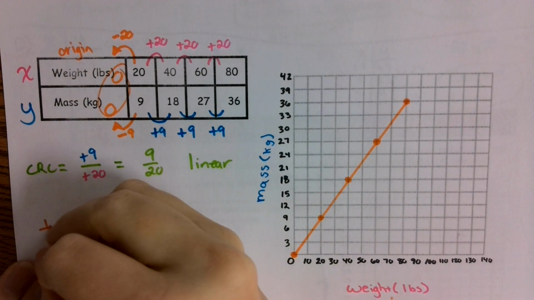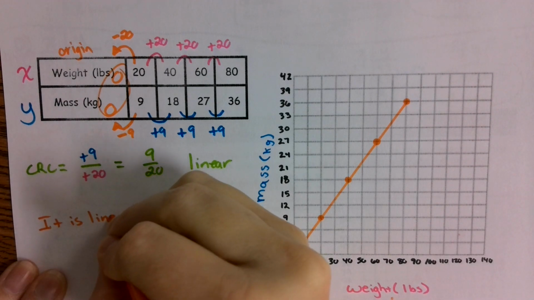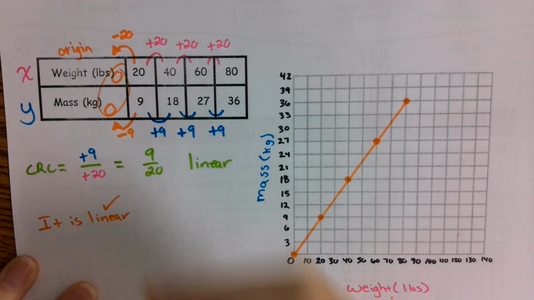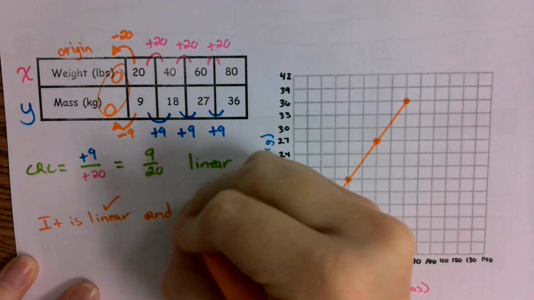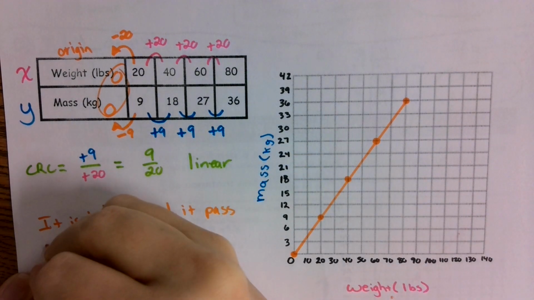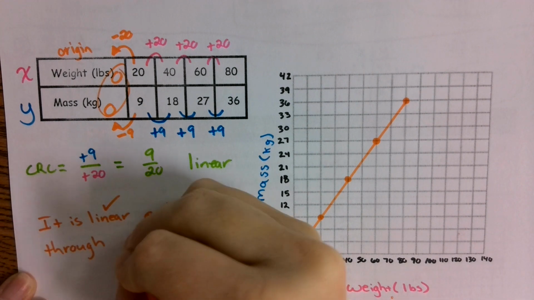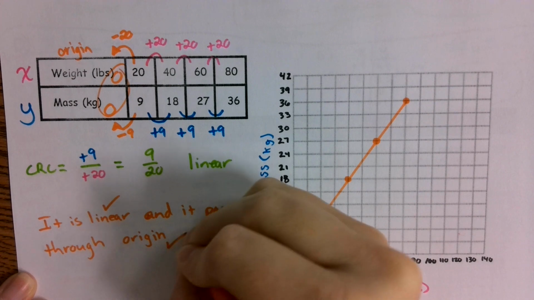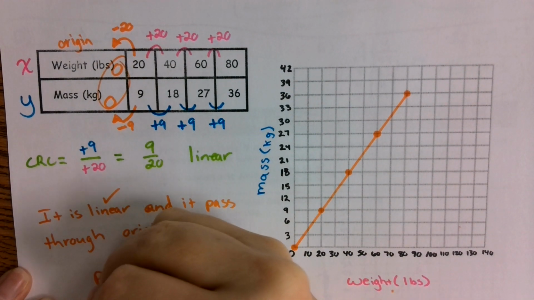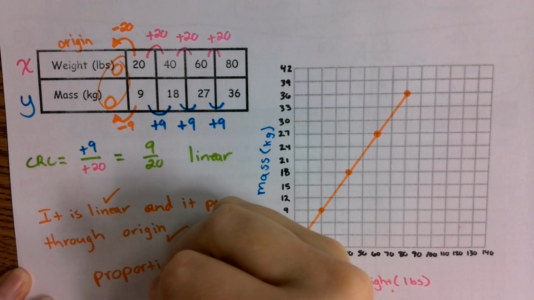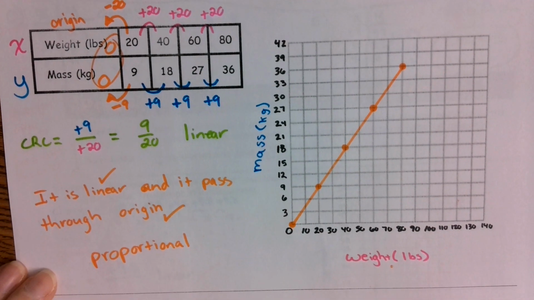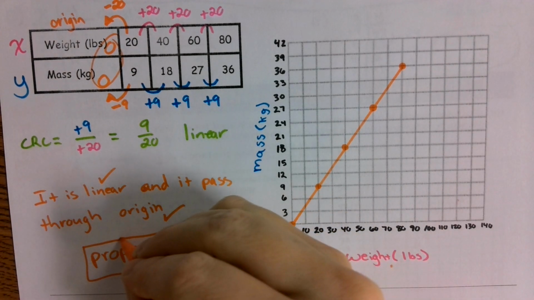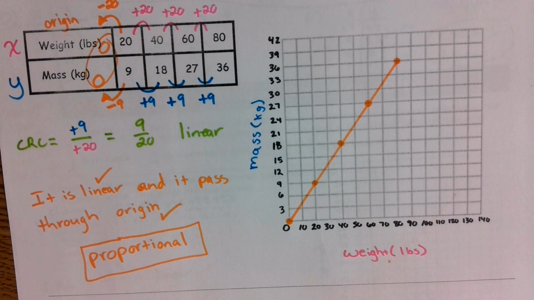Okay, so it is a linear relationship. Check. And it passes through the origin. So that's another check. We got 2 checks. That means it's a proportional relationship. Now, guys, there are times when you might have a graph that goes through the origin, but it's not linear. If it goes through the origin and it's not linear, is it proportional? No. It must meet both criteria. It must go through the origin and it must be straight